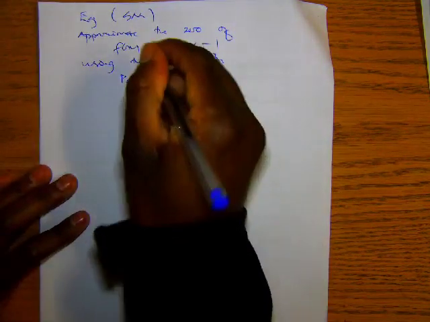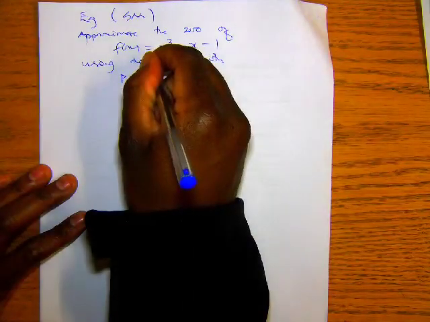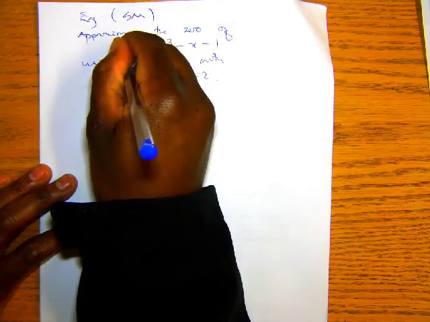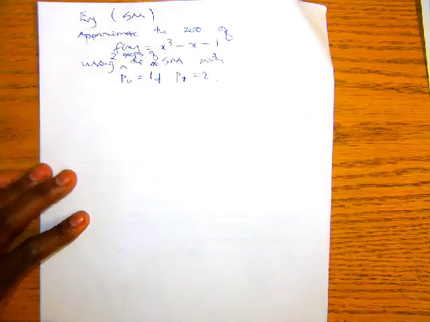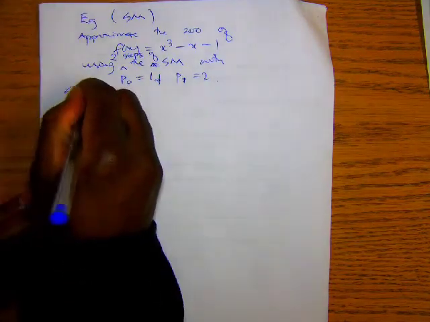Those are the initial approximations. I should be clear about how many steps. So let's go back and say, using 2 iterations or 2 steps of the secant method with those 2 initial approximations. So solution,